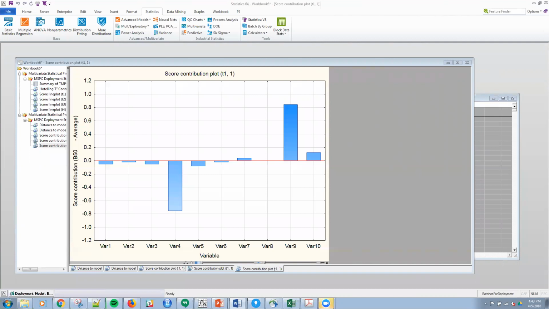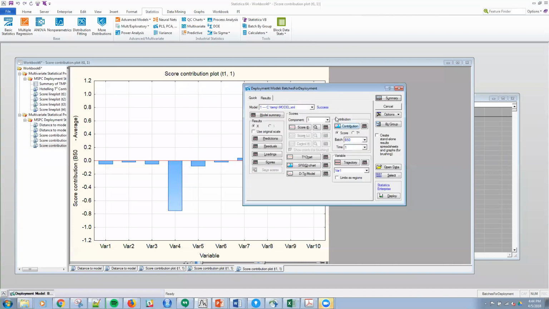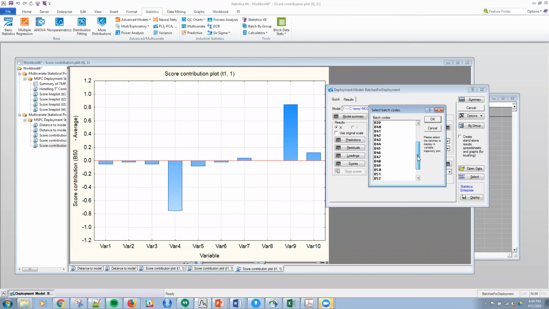So what I can do is bring up my analysis panel again, and since we noticed it was variable 4, I'm going to do a trajectory chart, and I'm going to select variable 4, and then see what that plot looks like. Again, I'm going to do this for batch, say 50,